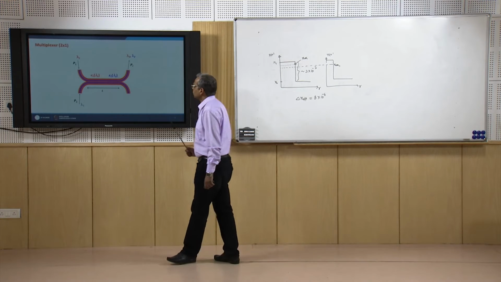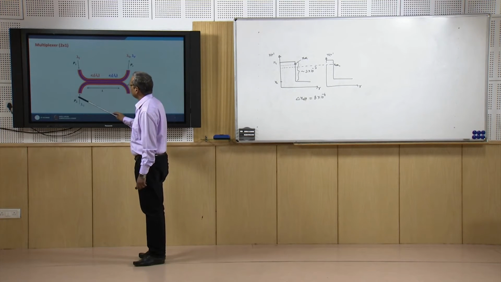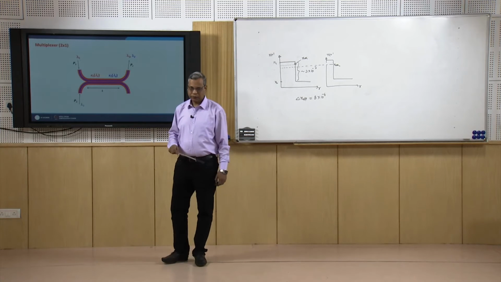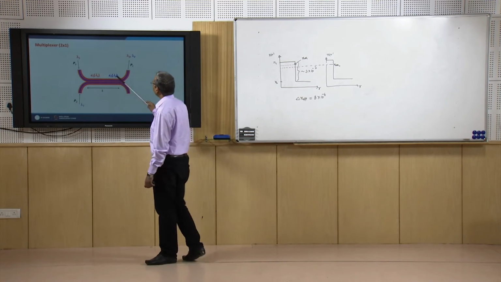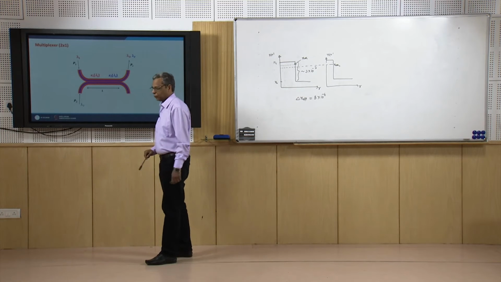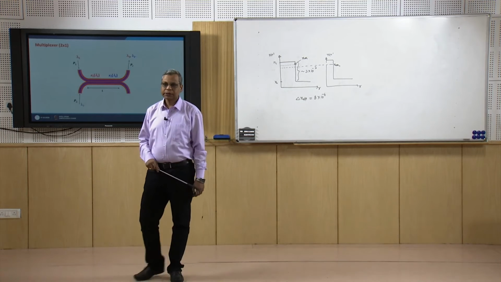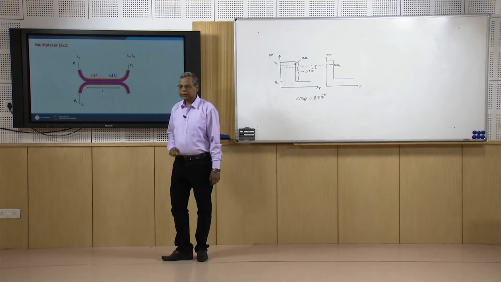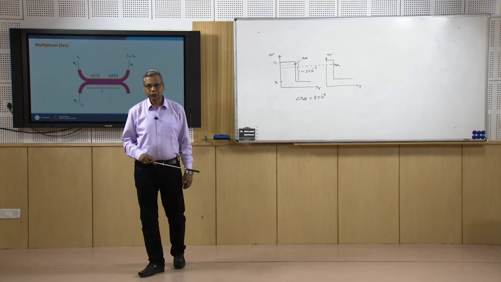In the same device, if I now launch lambda 1 from here and lambda 2 from here, then for a given length L, which we can find from the previous slide itself, both the wavelengths will come out from a single fiber. So, I can multiplex two wavelengths together. So, these kinds of couplers are known as WDM couplers because they are used in WDM systems.